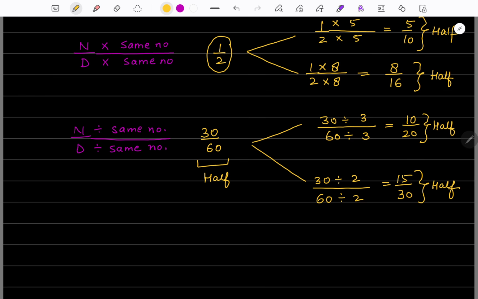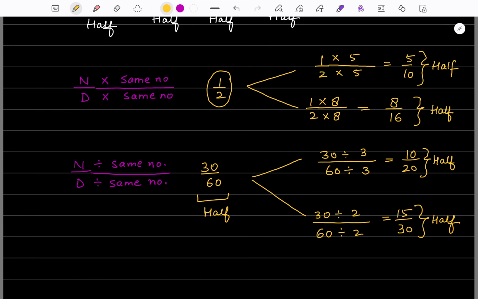So this was about equivalent fractions. We learned different kinds of fractions, and we also learned how to find equivalent fractions for a given fraction. So with this, we have covered the first part of this series. That is, we have understood fractions, and we also know how to convert an improper fraction into a mixed fraction and a mixed fraction into an improper fraction. And we have also learned how to find equivalent fractions for the given fractions. So with this, we conclude this lesson, and we will meet again in the second part of the series, where we will compare different kinds of fractions.